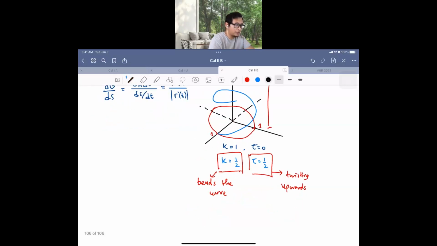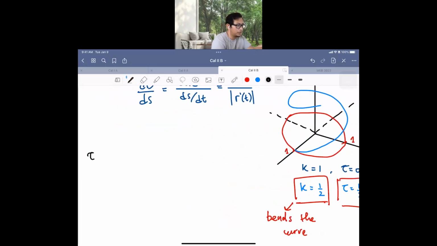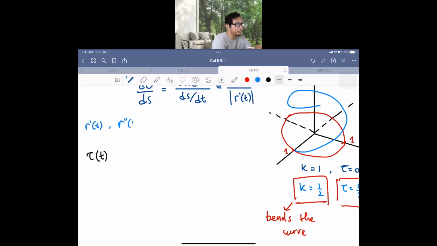And we can also rewrite the torsion if we correlate r prime, r double prime, and r triple prime. So we are having the third derivative. We can take this and write down the cross product, then dot the triple derivative, then divide by